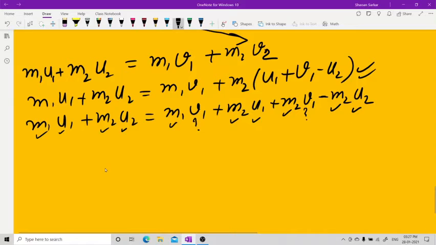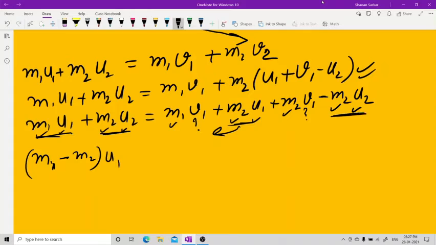So now you see what I'll do is that m1 u1, and do you have anything here? M2 u2. See, you now have this equation and this equation. Now what you do is m1 minus m2 u1. I brought this equation this side. This is done. Now take this equation and this equation. When this comes here, it adds up with this. It becomes 2m2 u2. Here we have m1 u1 and here m2 u2.